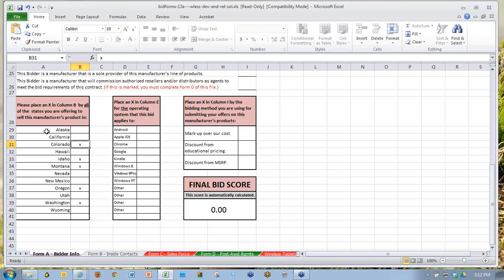Now, if you're the winning bidder, you will only be awarded in the states that you mark here. And if there's a second lowest bidder for California, they'll get awarded in California. So again, just to recap, please put X's in the states that you're bidding this manufacturer's wireless mobile